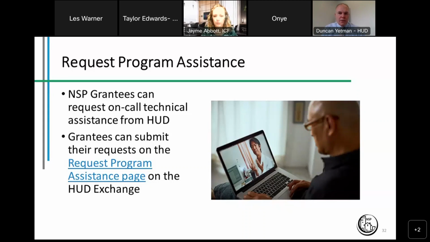And I think what this question is getting at is, are state NSP dollars regarded as a monolith, and is there no consideration given to the subrecipient agreements that a state grantee would have with various UGLGs across its jurisdiction with regard to the use of line of credit funds and the use of program income. Those subrecipient agreements with the UGLGs would govern the use of NSP funds